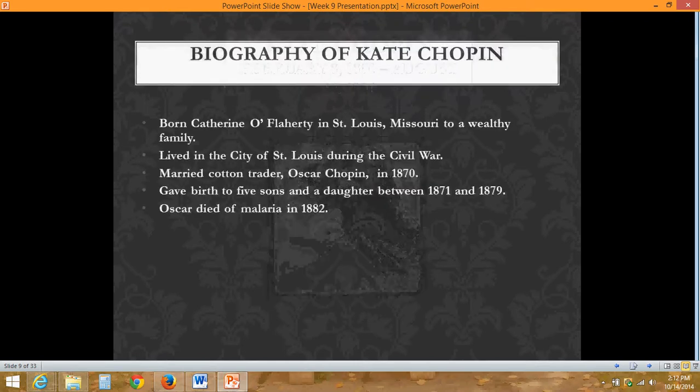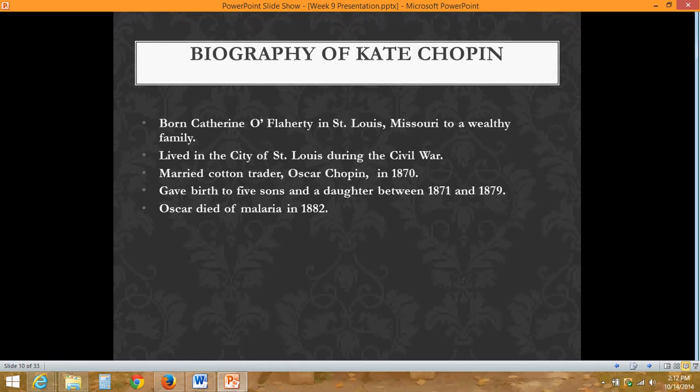So she was born in St. Louis, Missouri. So all of our Missouri students can understand that she did have a Midwest perspective on things for sure. She lived in the city of St. Louis during the Civil War. That can play a part in the way that she really viewed things, being able to look at both sides